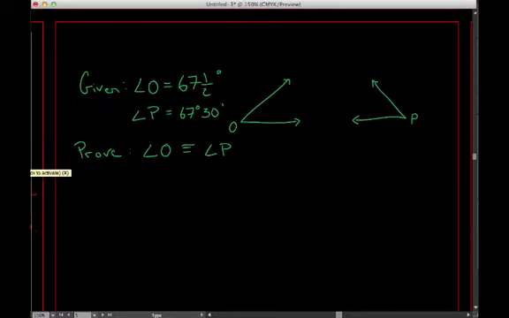All right, so we have our proof, and so you may know already that there are 60 minutes in 1 degree. So that's the notation that I was talking about earlier. So if angle P is 67 degrees and 30 minutes, well, we first need to state the fact that there are 60 minutes in 1 degree. So we can say since there are 60 minutes in 1 degree,